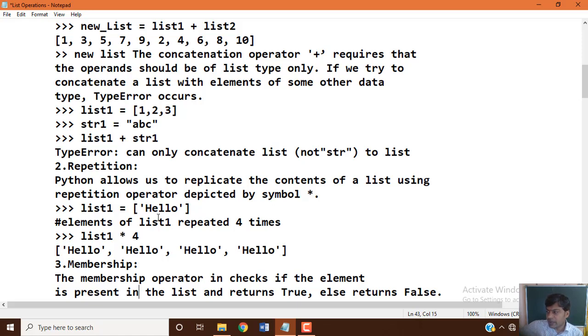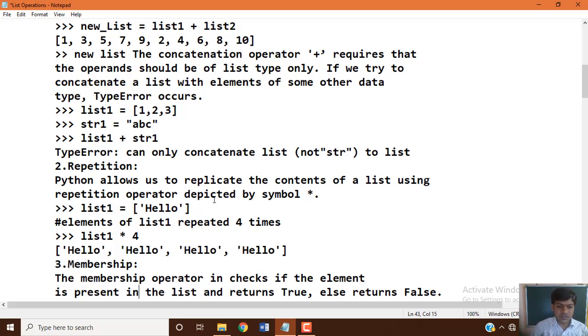The multiply operator replicates the list a specified number of times and creates a new list. Multiplication operator, the asterisk symbol, replicates the list a specified number of times and creates a new list. That is what we call repetition.